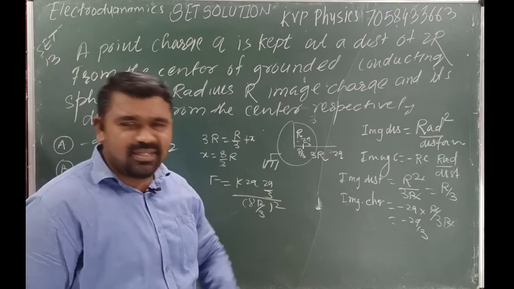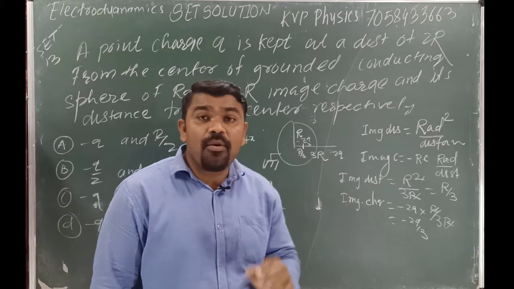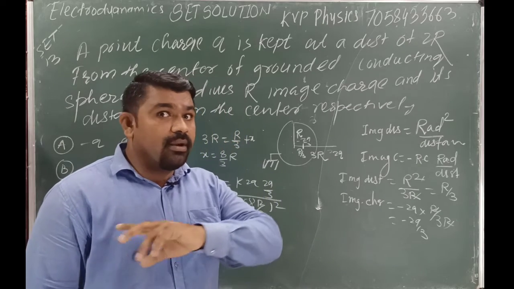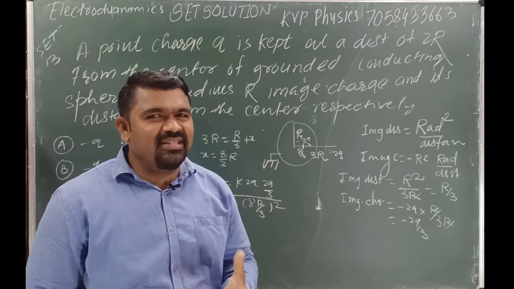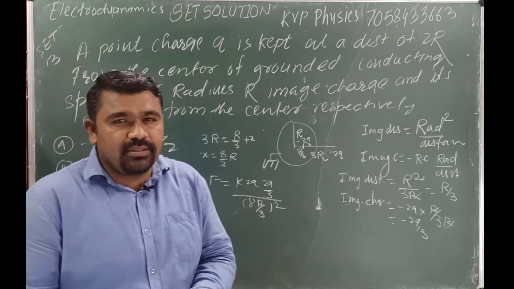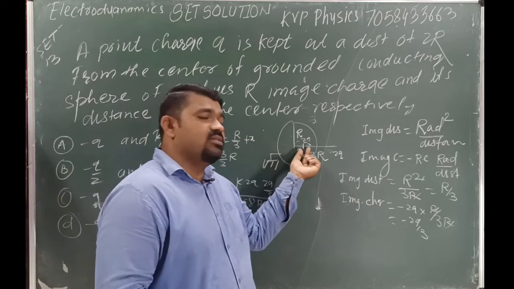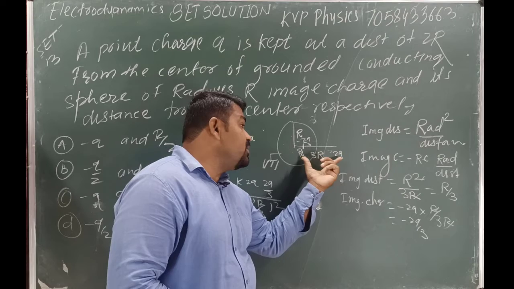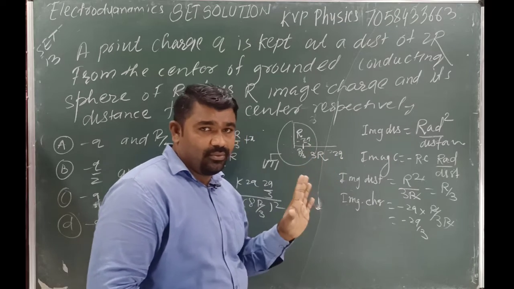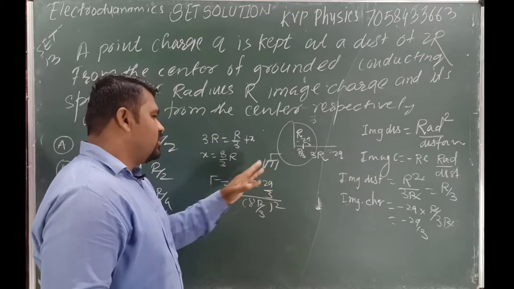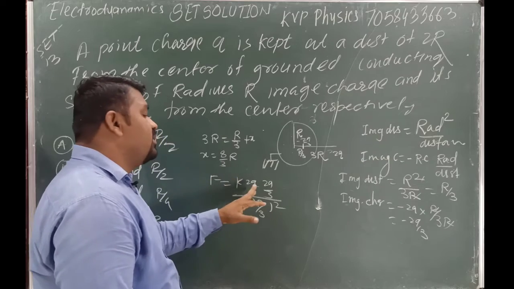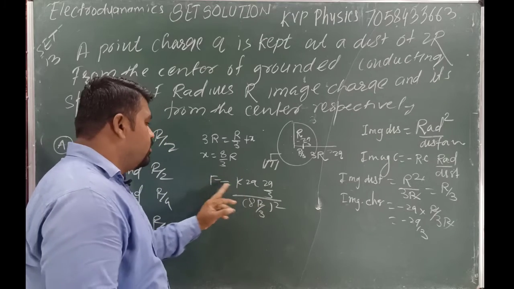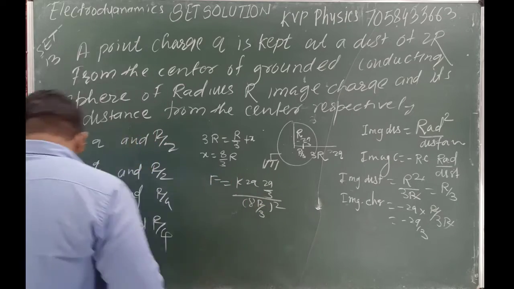ये सिंपल सी बात है, स्ट्रेट फॉरवर्ड. इसमें क्या क्वेश्चन आ सकता है? Find out the image charge, find out the image distance, and third one, find the force between these two charges. Always memorize where we can place the charge here and take the distance between these two charges. Here they don't ask what is the direction of this one. Don't take minus sign here. Take the magnitude only. What is this one? This is equal to this.